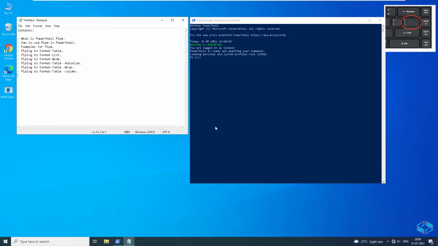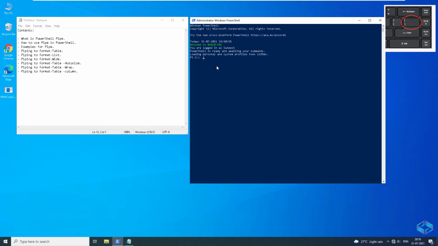It is a straight line, and if you press Shift and that key, you will get the pipe symbol. This is what is called the PowerShell pipe.